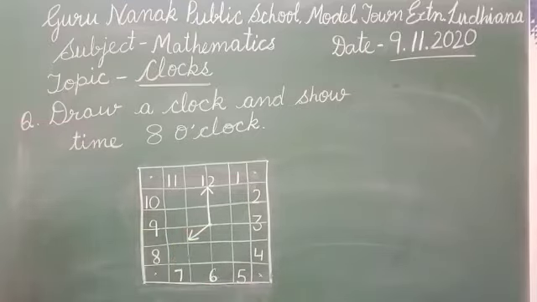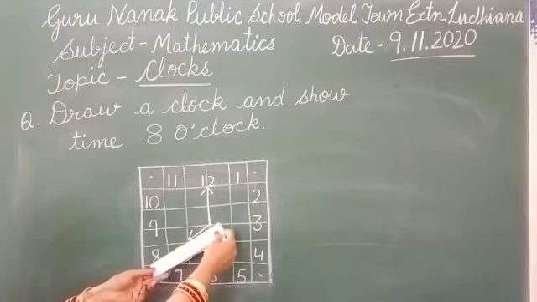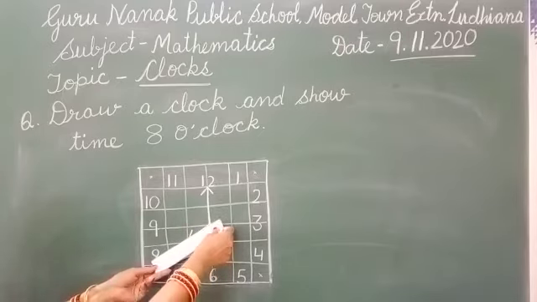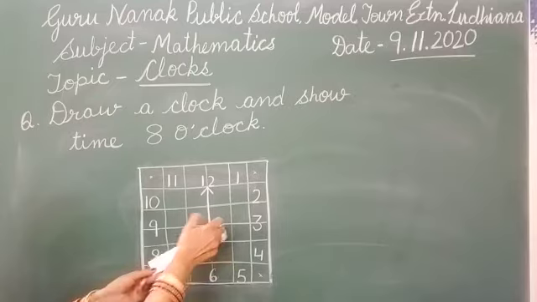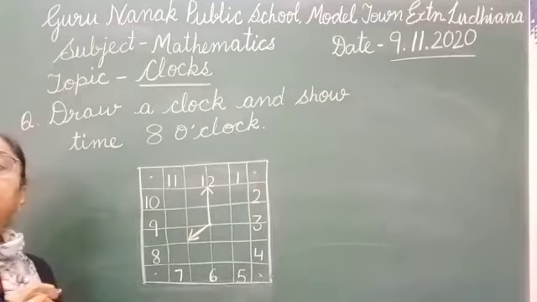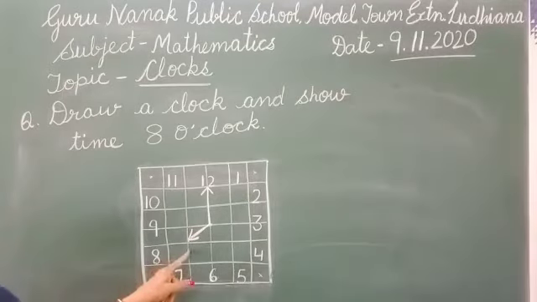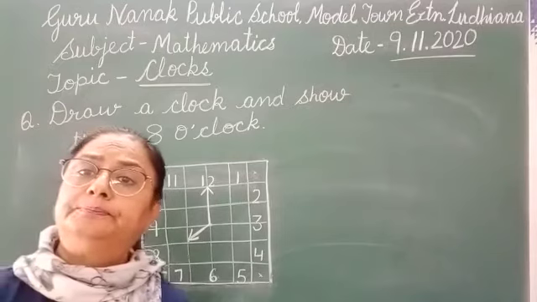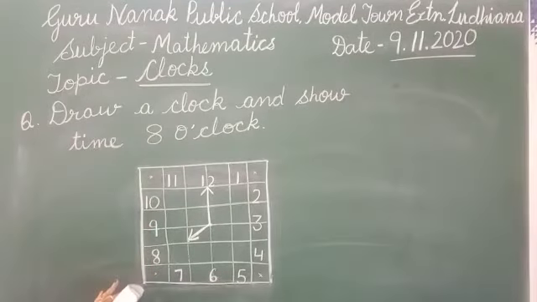Is it clear? It's not at the corner. If you take it at the corner, it will go to this. But 8 is here. So, putting the scale here like this, then you will draw a line in one box and then put down the arrow. This is 8 o'clock. Is it clear? Do it in your notebook. Next we will